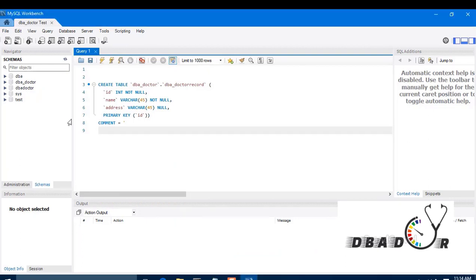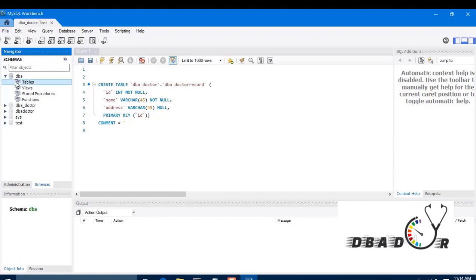Now we have created a table. Let me see here how it looks.